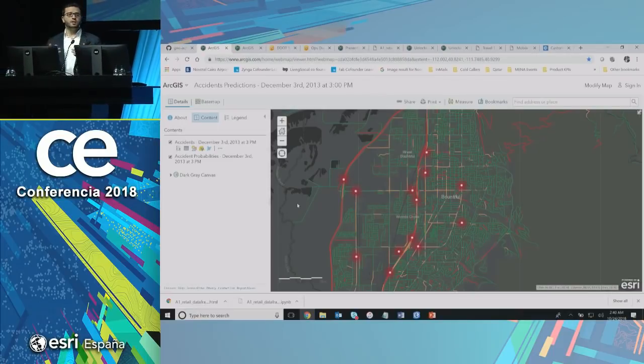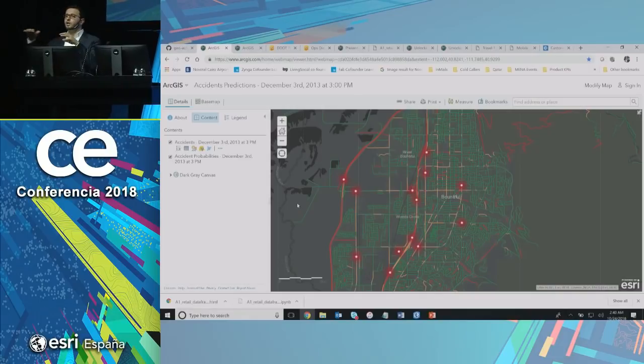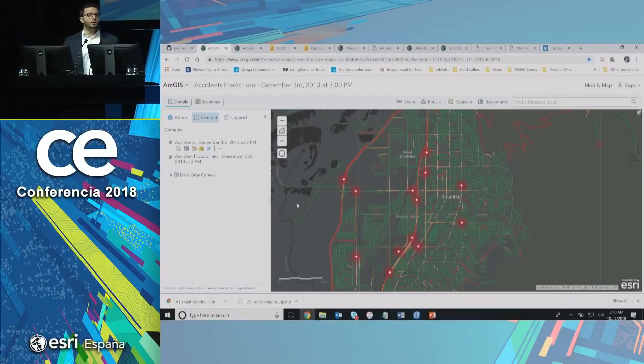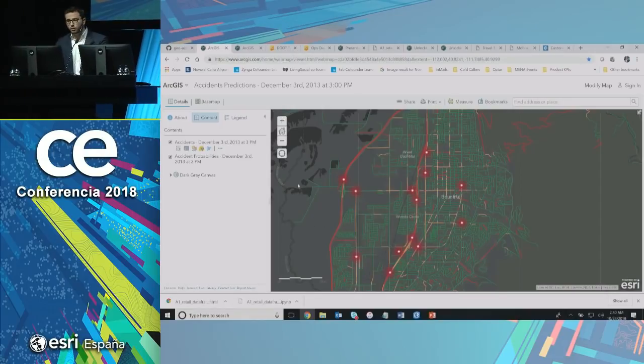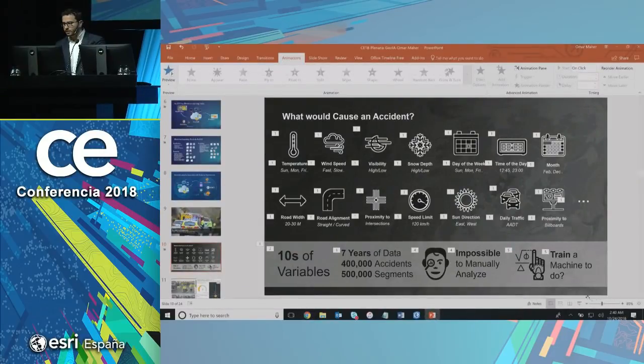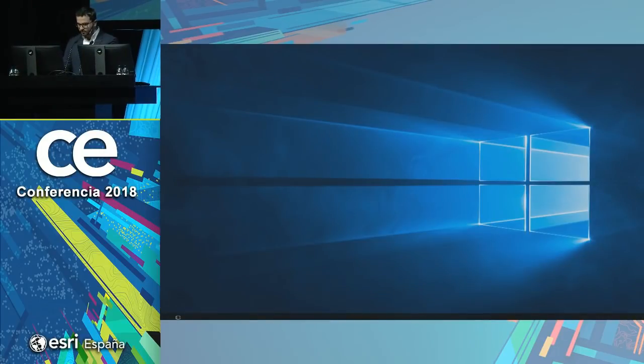Now we are envisioning some applications. Maybe we can use the location allocation service to optimize the allocation of highway patrols to reach faster. Or maybe we can design an app that takes you through the safest route. So that was a quick example of how we have used ArcGIS with machine learning to predict road accidents. Now, this is only one example. We have a lot of other examples.